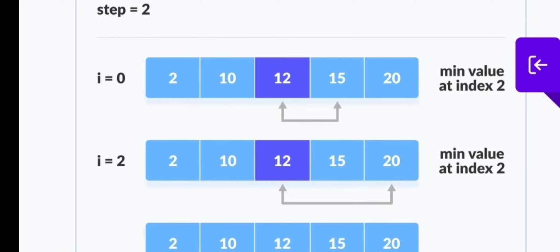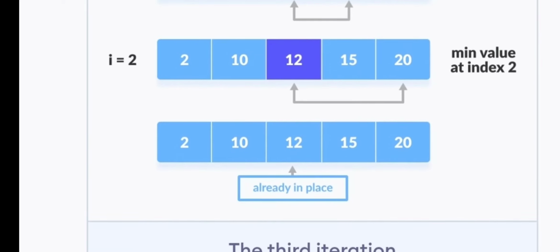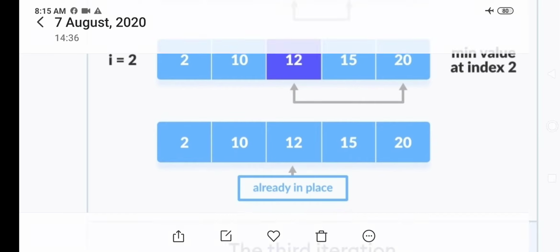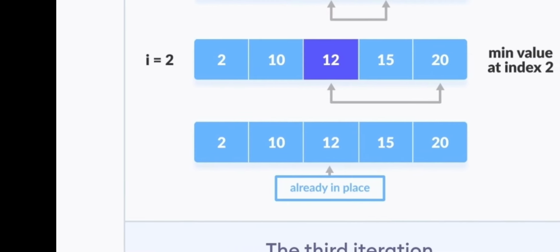So 12 you feel as a minimum, because 2 and 10 are placed at their appropriate positions. 12 and 15 are compared, so 12 is the minimum, and 12 and 20 are compared, and 12 is the minimum. So there is swapping with the third position, so there is no need of swapping, already in its appropriate place. So 2, 10, 12, 15, 20. This is the third iteration.